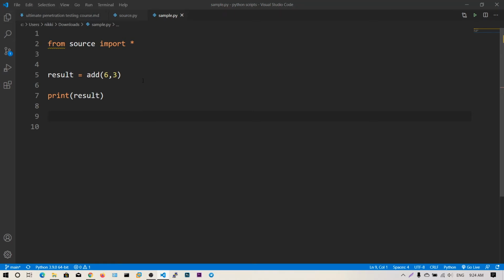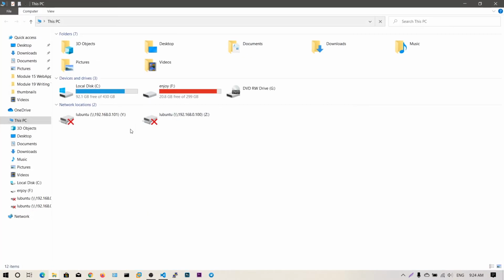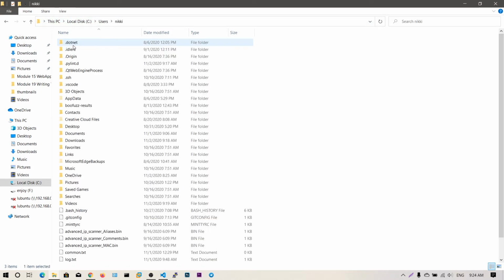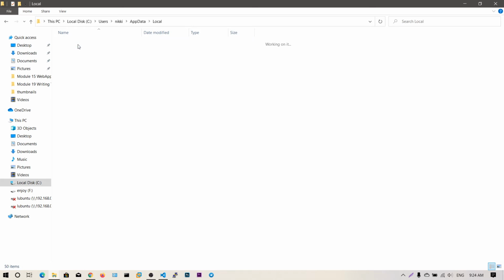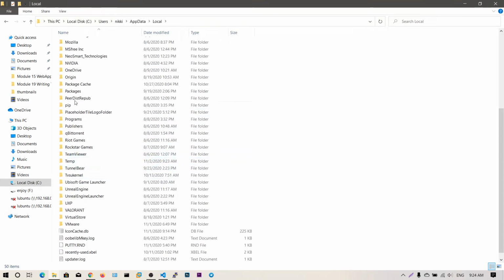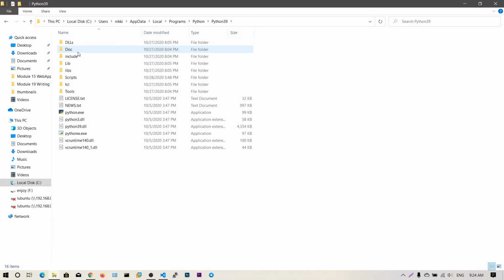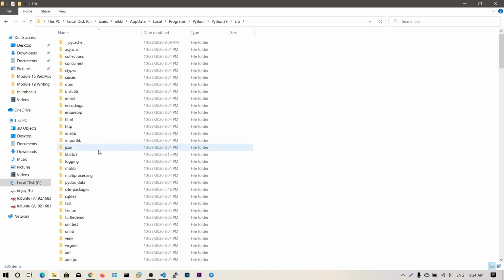One more thing I want to show you is, in Python, if you go to the local C drive, users, your username, AppData and Local, in Programs you can see Python. Go to this Python version 3.9, and go to this Lib.